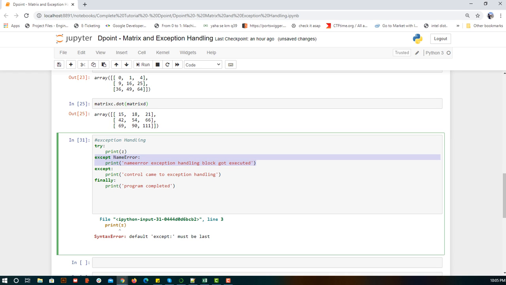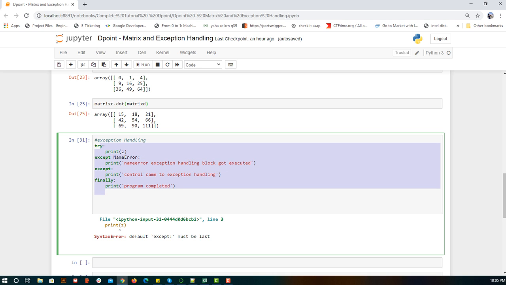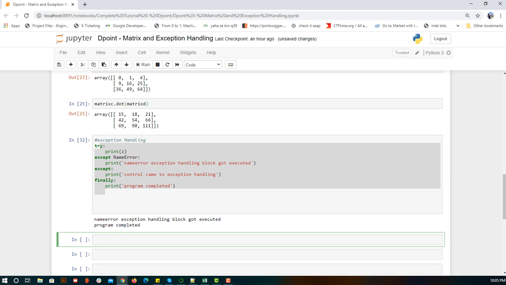So if you want to handle any exception specifically, handle that, and finally after writing all your specific exception handling cases, you will write an except with no name, so that if there is any exception case which you are not handling, it will finally be handled with this, because here you are not specifying any name, so all the exceptions will be handled here. Okay, so yeah, we'll try to execute this, Alt Enter.